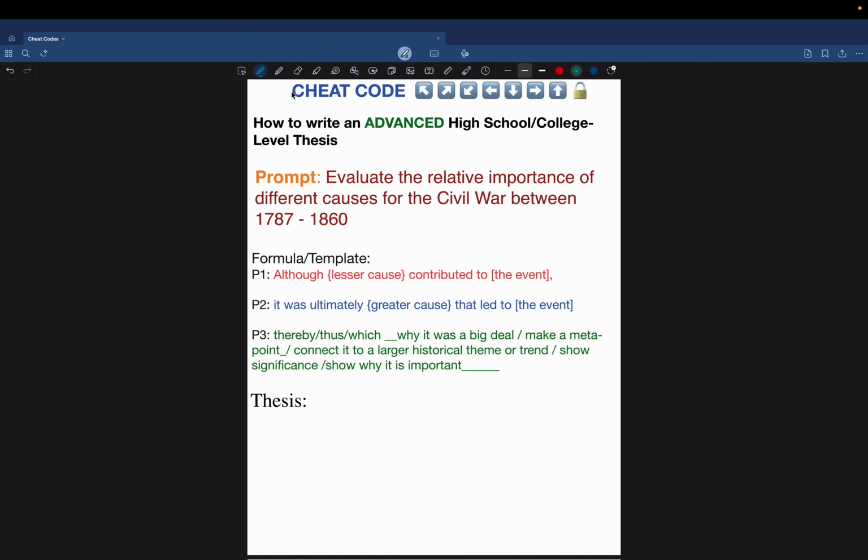Level up test prep. We're going to write an advanced high school or college level thesis for the following prompt. Evaluate the relative importance of different causes for the Civil War between 1787 to 1860. Now I know by the framing here it wants me to think from the Constitution to the South seceding. So that is going to be my time frame, and it's going to create the window of opportunity to provide